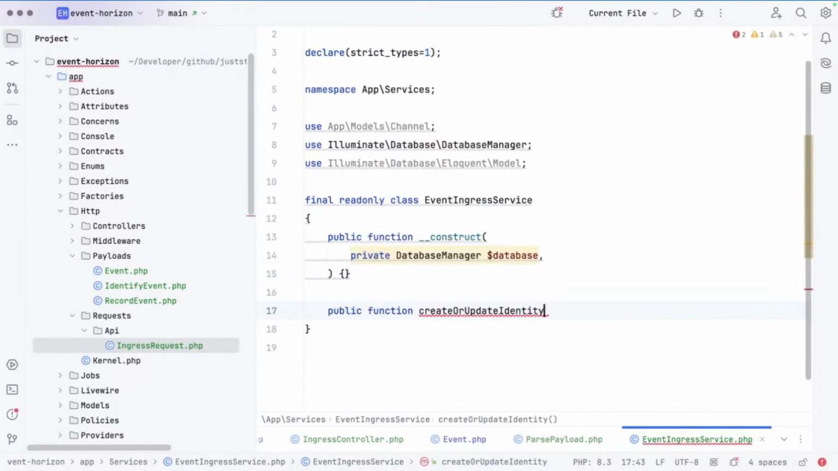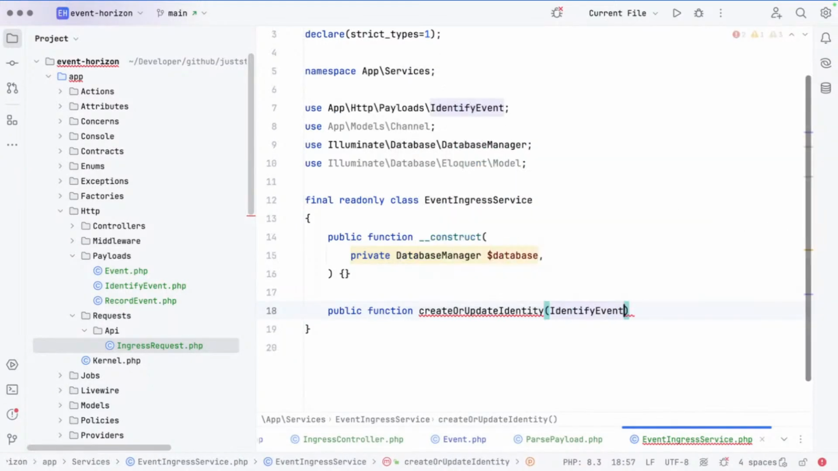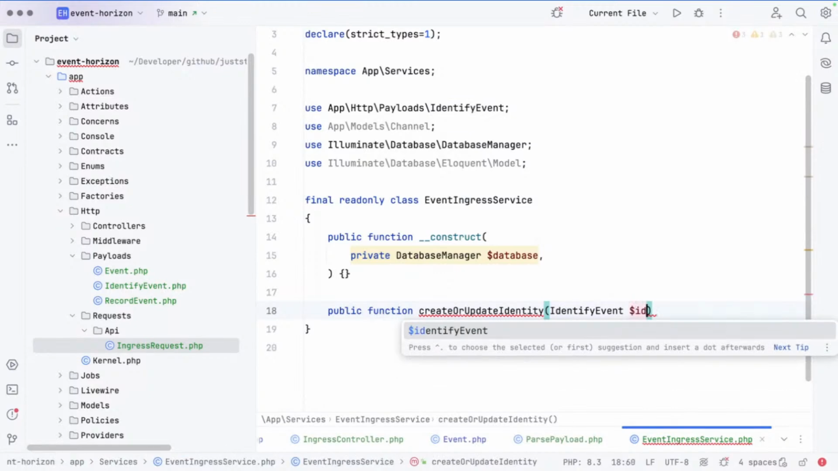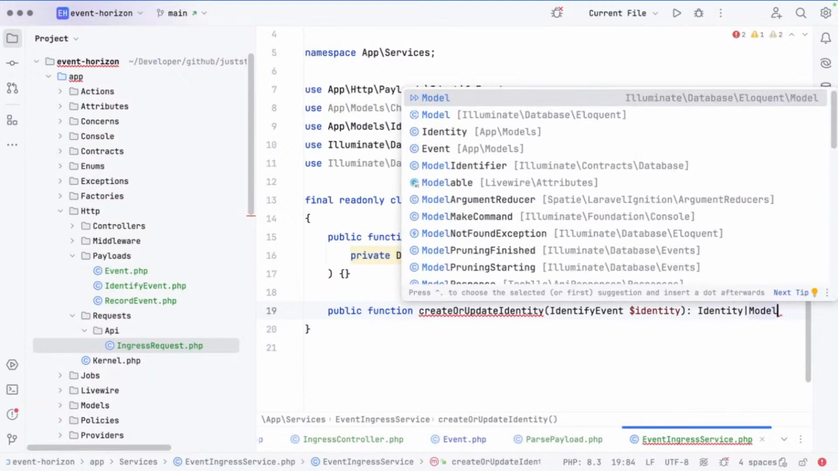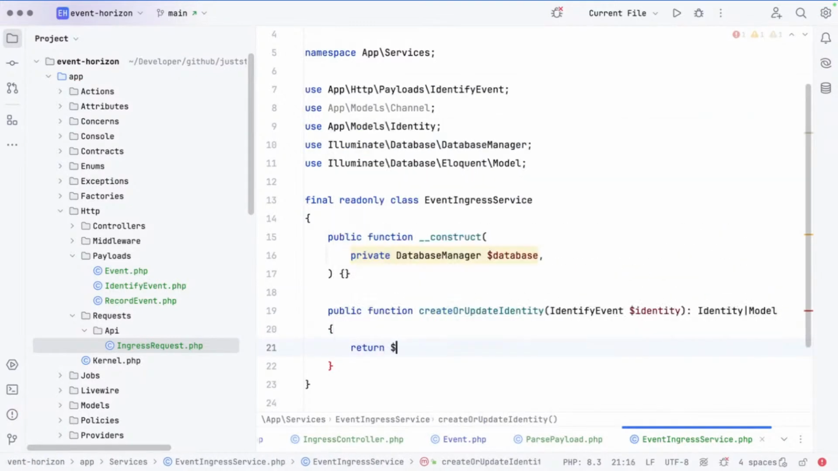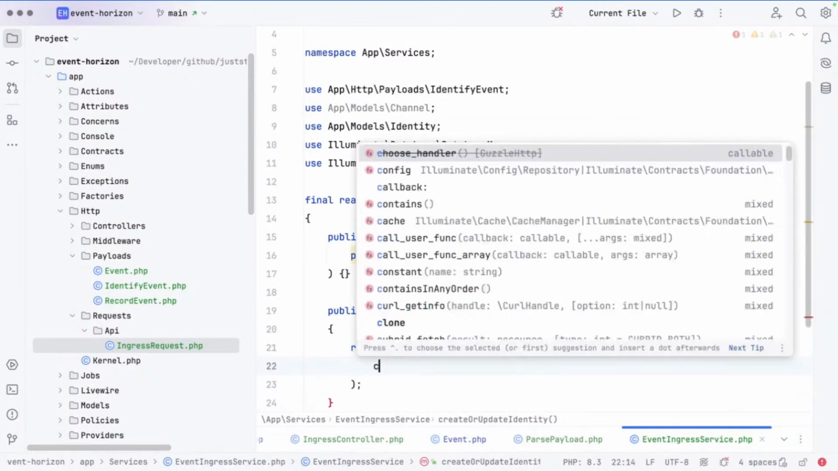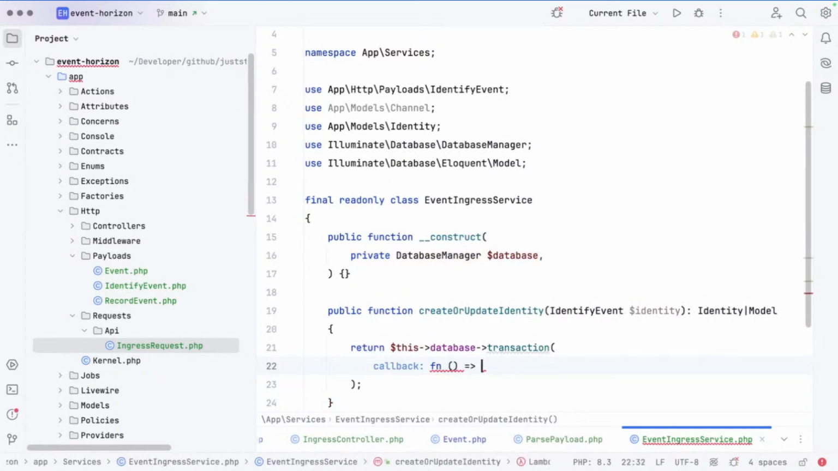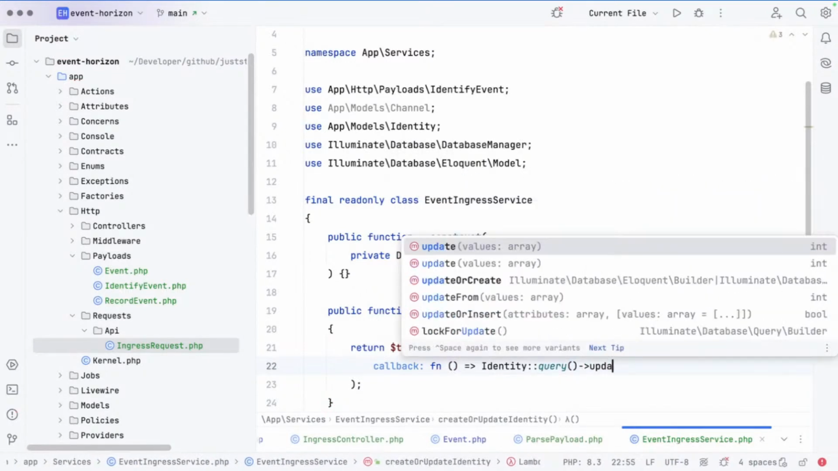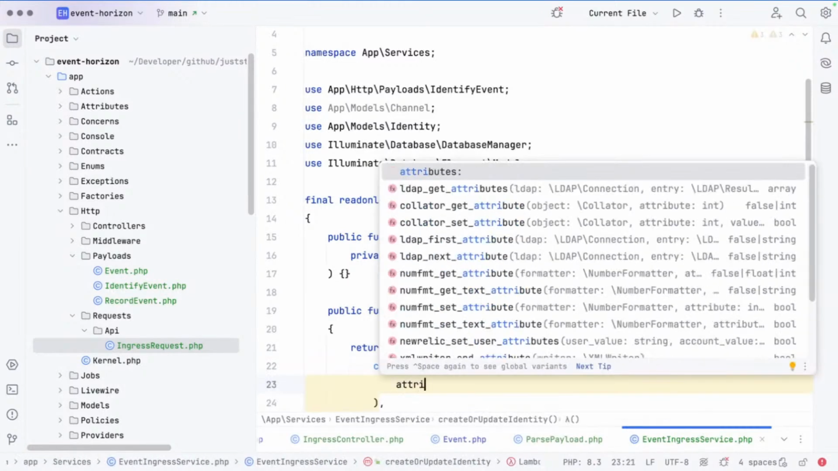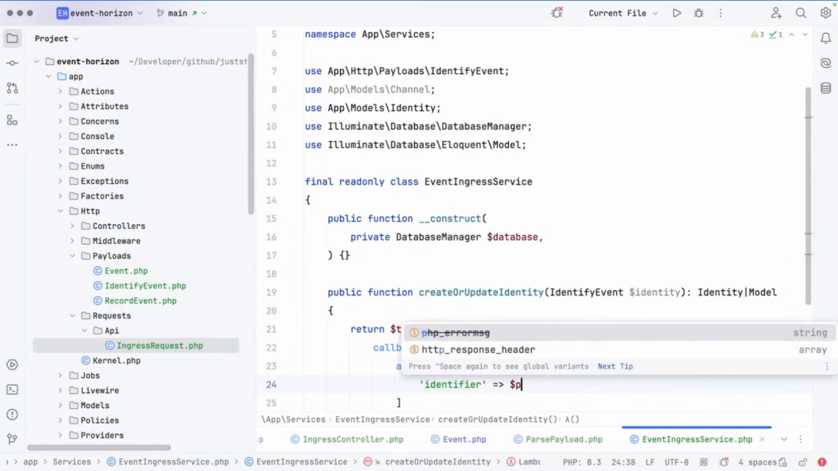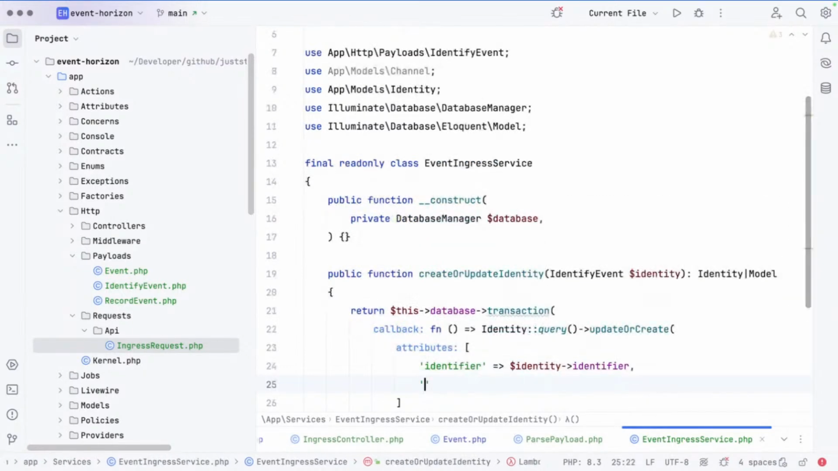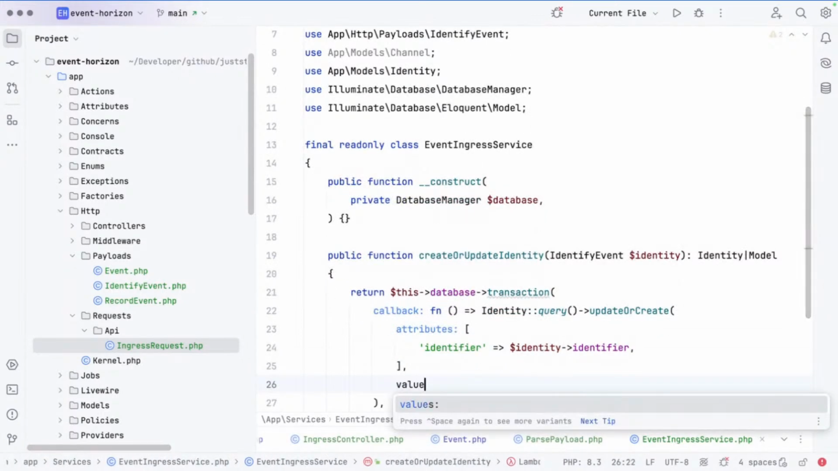Public function, create or update an identity. So we are going to accept an identity event as the identity, and this is going to return an identity model. Return this database transaction where the callback is identity query update or create, and the attribute we are tying this to is the identifier, which is the identity identifier, and then the values is